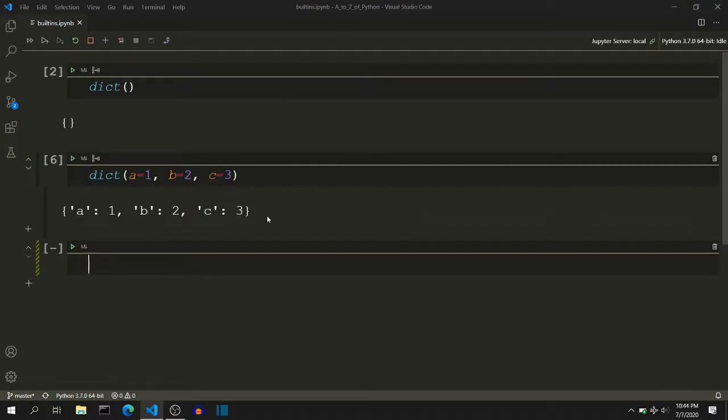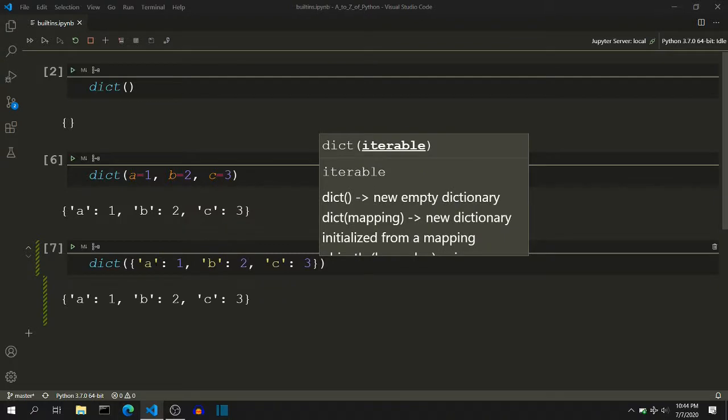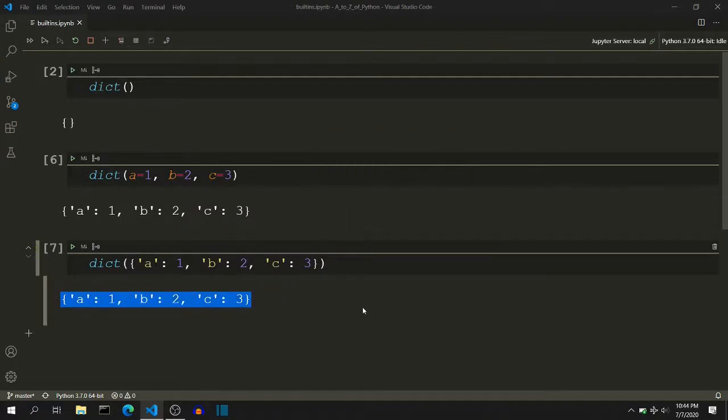You can also pass this curly bracket notation of the mapping inside the dictionary function to construct a dictionary. So I will copy this and paste it inside the dictionary function, and it will still return me the same output. But this is very rare because technically you are passing a dictionary inside a dictionary function to return the same dictionary, so that doesn't make any sense.